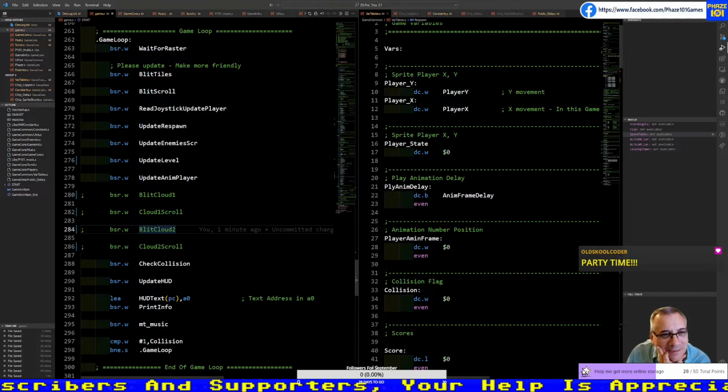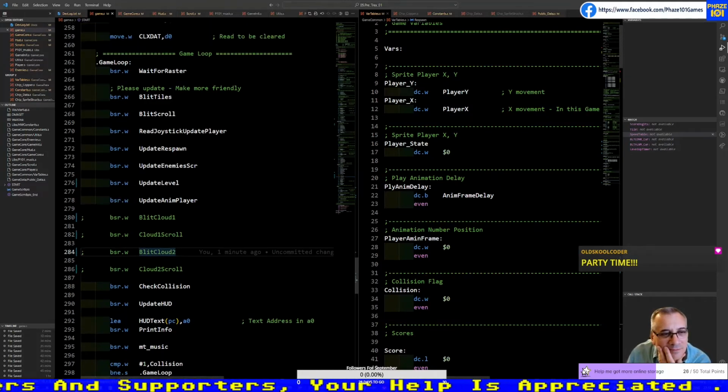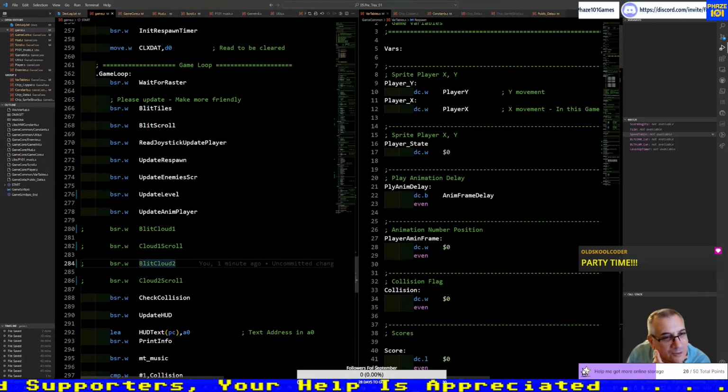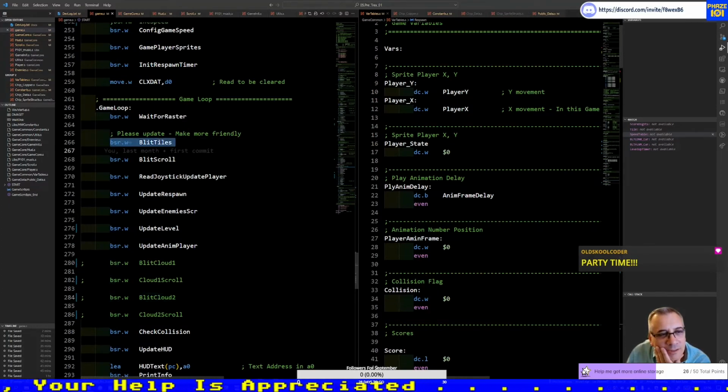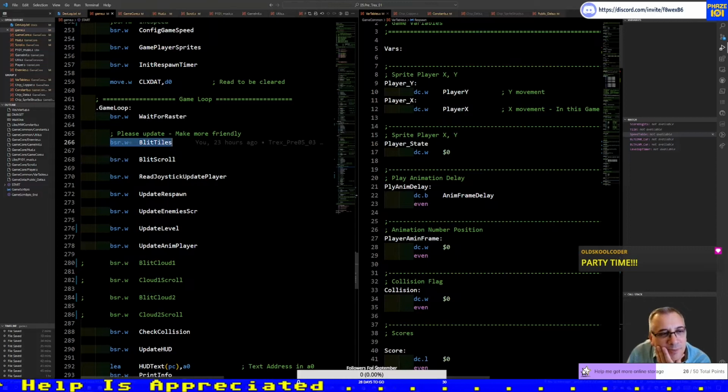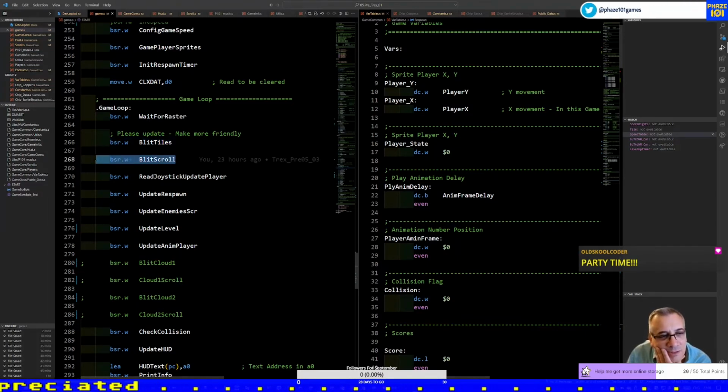So what can be affecting this? This is the routine that prints the tiles, and this is the routine that scrolls. Now the scrolling is happening even though we see nothing.